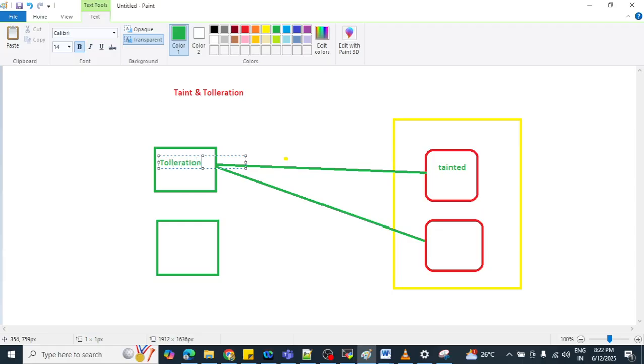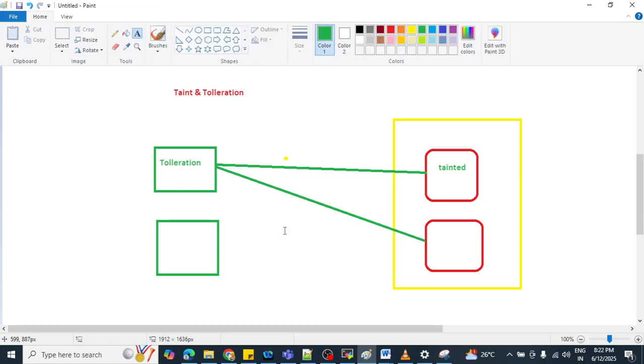So to schedule this pod on a tainted node, we need to put a toleration on that particular pod. Only in that situation is the pod going to be scheduled on that node.